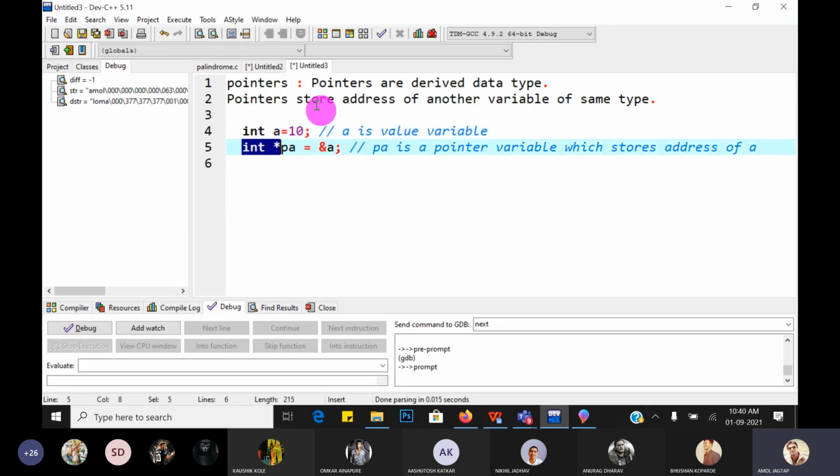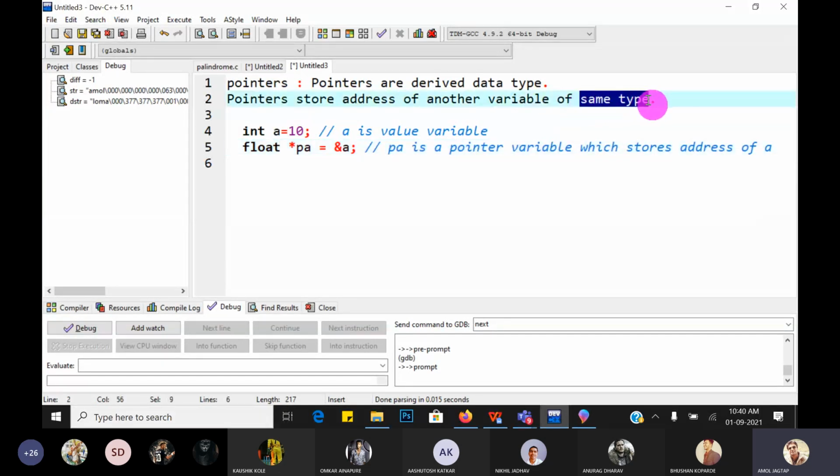So pointers store the address of another variable of the same type. If we want to store the address of an int variable, we must have an int pointer, meaning the same type. We cannot store the address of an int variable into a float pointer. Yes, it is not possible. So what are pointers? Pointers are derived data types which store the address of another variable of the same type.